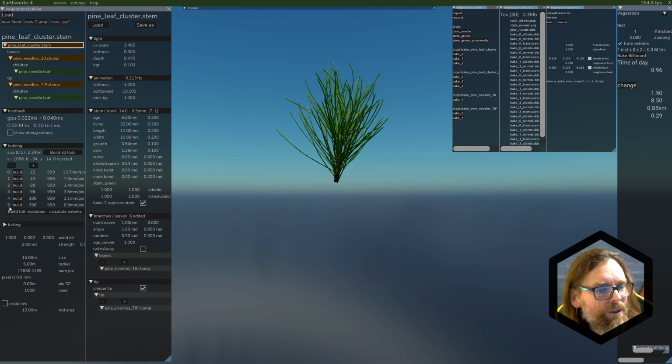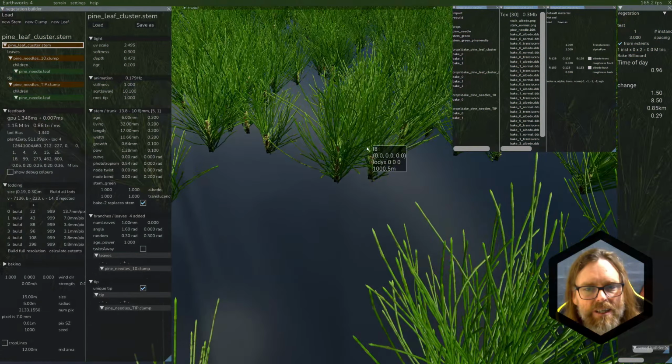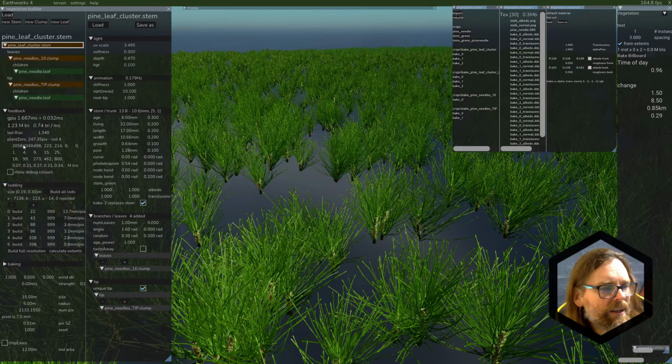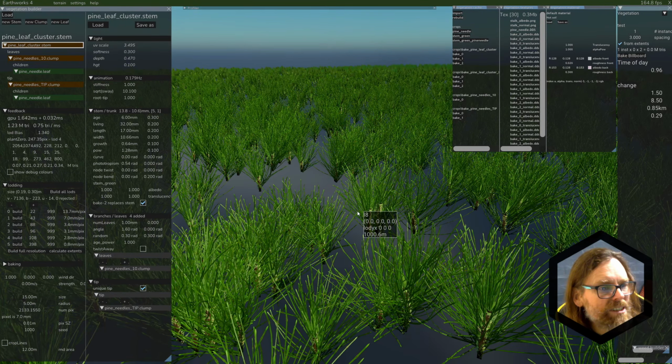So the awesome part here is that you end up with a system with clumps that you can build many levels of detail for. And if I now go build all LODs and we examine this, you can see that now we are at 0.01 million triangles, 0.2, 0.27, 0.21, 0.34. So all of a sudden,